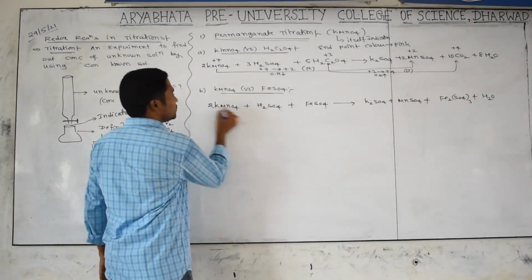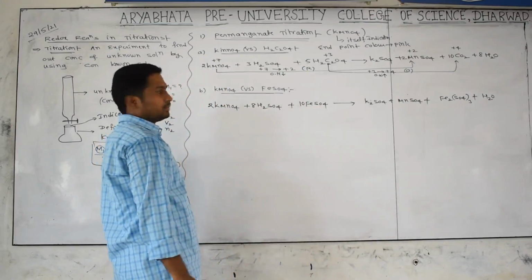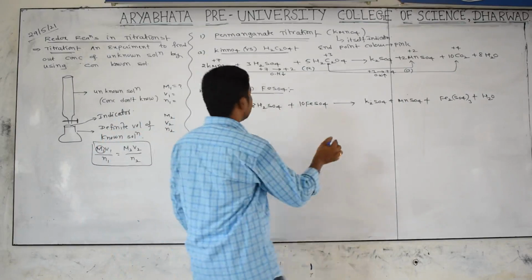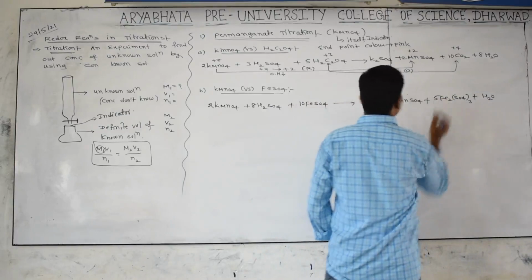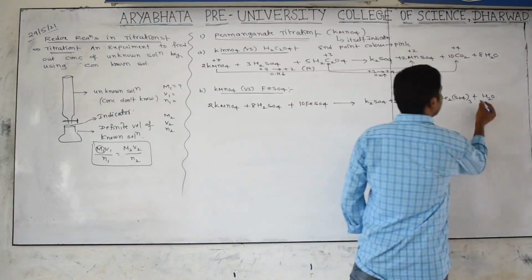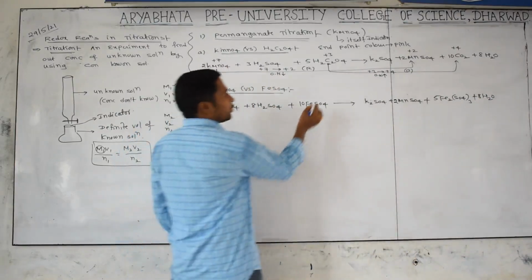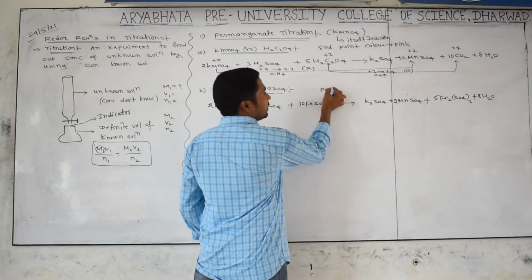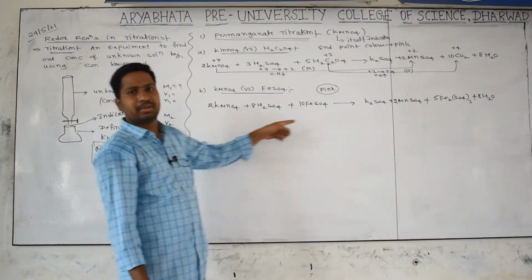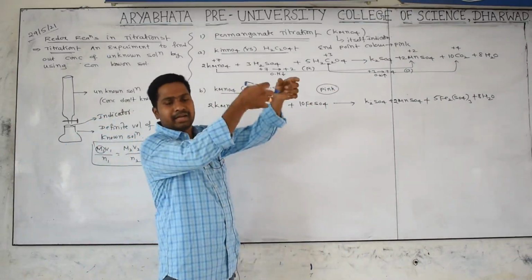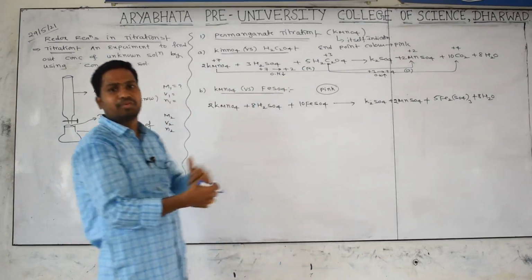Take the coefficients 2, 8, 10 moles: 2, 3, 5 and 2, 8, 10. That means K2SO4, 2 MnSO4, 5 moles of Fe2(SO4)3, and 8 H2O. Check it, it is automatically balanced. The end point is the pink color, the identification for completion of the reaction between ferrous sulfate and potassium permanganate. Initially ferrous sulfate is a light greenish solution, and while adding KMnO4 the reaction happens, suddenly changes into pink color, then you have to stop the experiment and go for calculation.